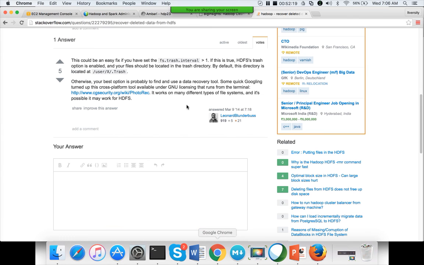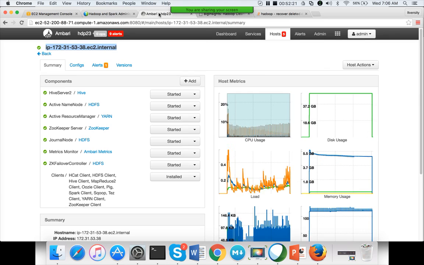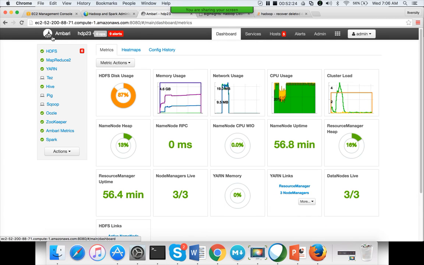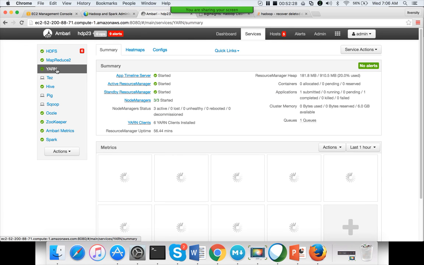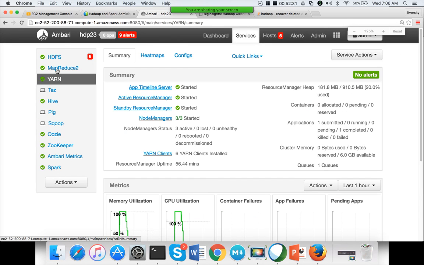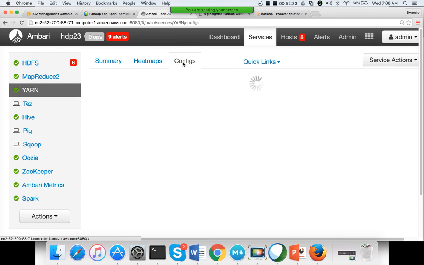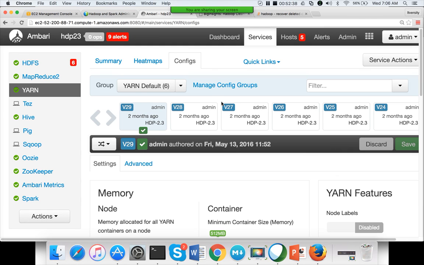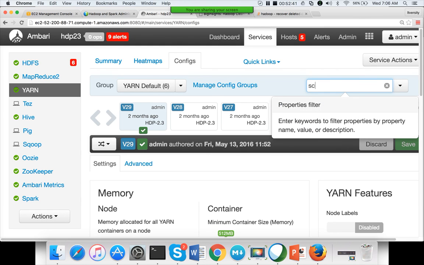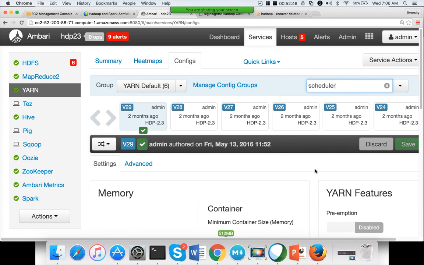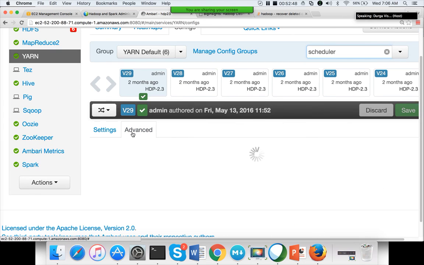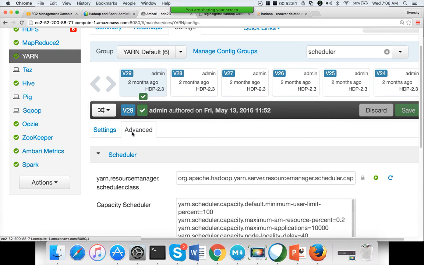So I am going to Chrome and then Ambari. Schedulers are a concept of YARN, and we have only YARN on this Hortonworks cluster. You can go to configs and search for scheduler. If you click on advanced, the interface between Cloudera and here will be different.